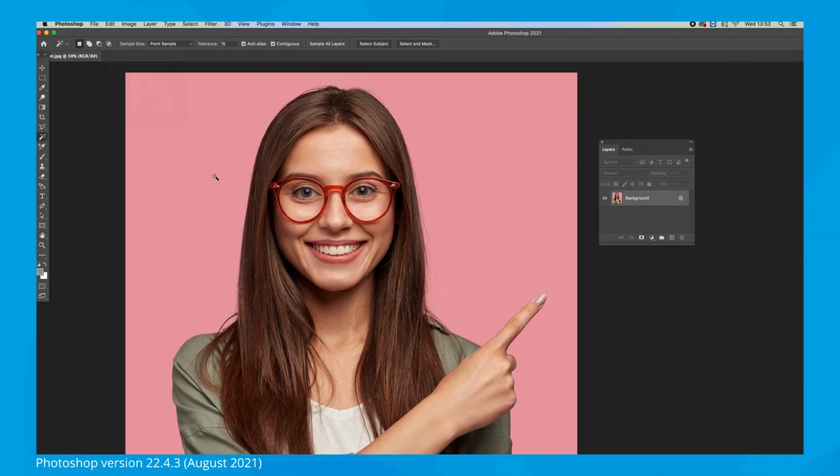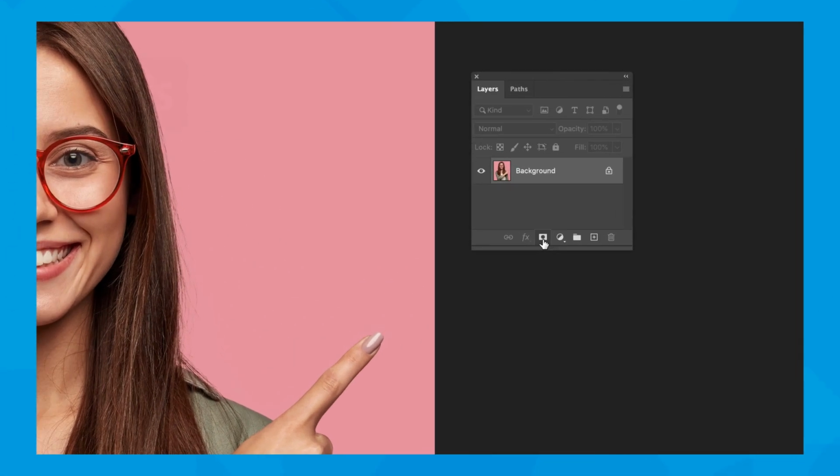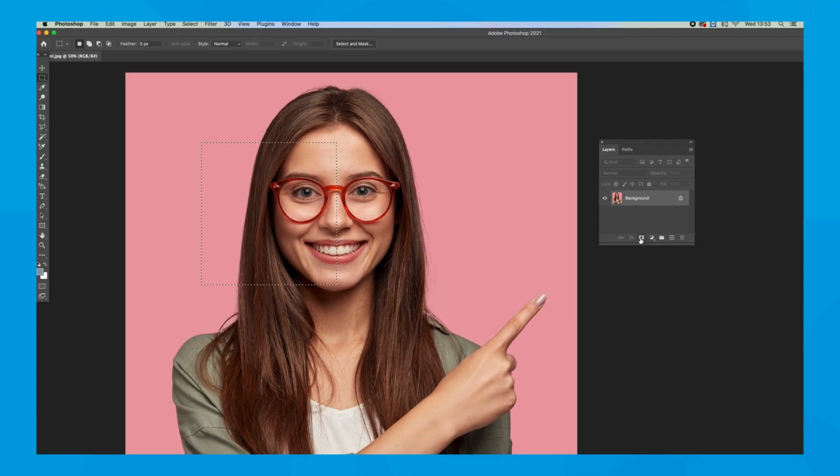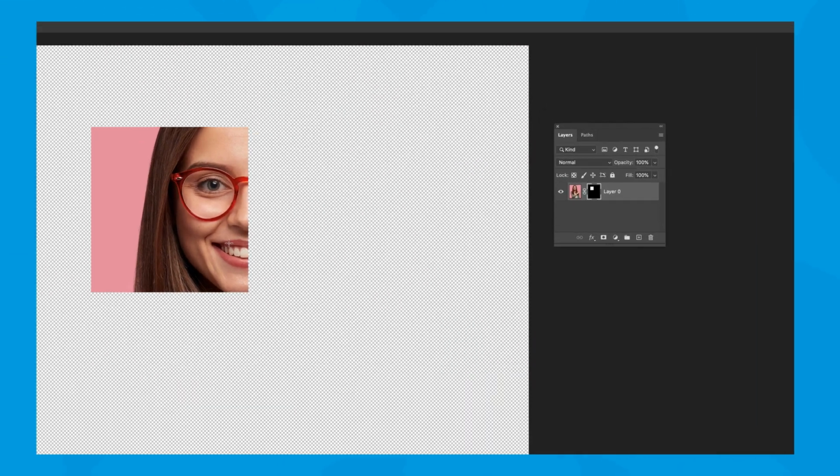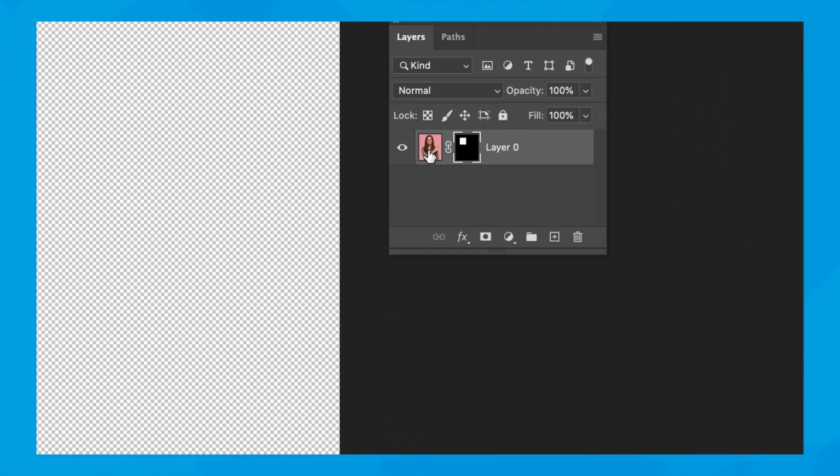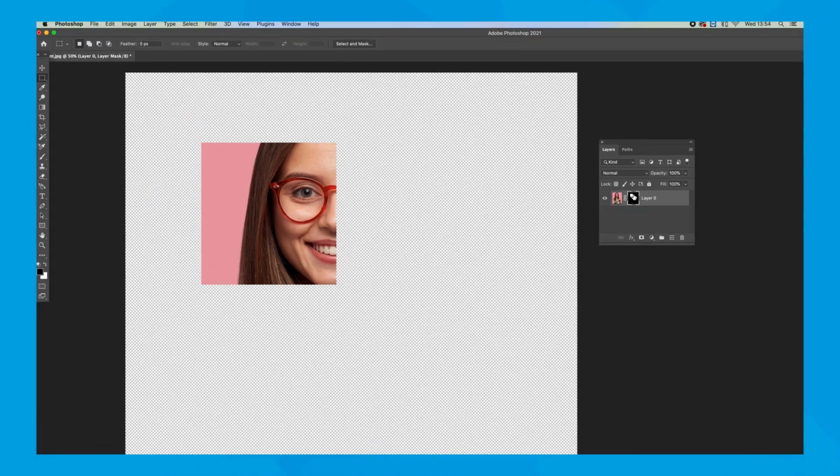I've got this image here where I want to remove this pink background, so I thought I'd take the opportunity to show you how to make layer masks in Photoshop. Layer masks are as simple as, if you've got a selection on an image and you click this little icon here, the white rectangle with the black circle inside, you create a mask, and you'll see on your layers window you've got your original image intact, and then this one represents your mask, and anything shown in white is what you can see on the image, and anything in black is what you can't see.